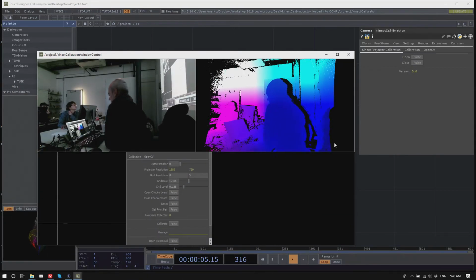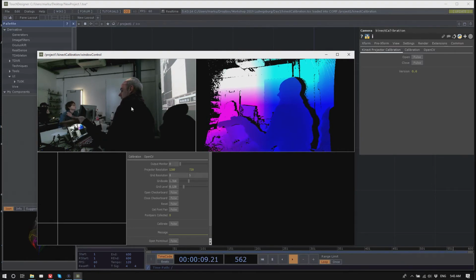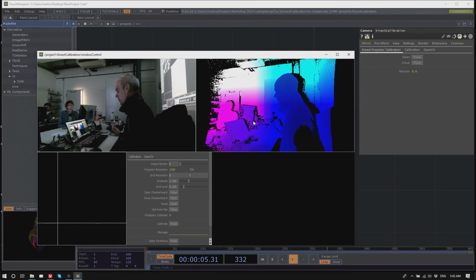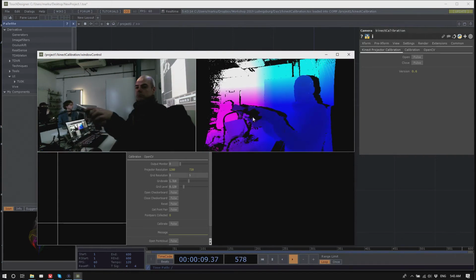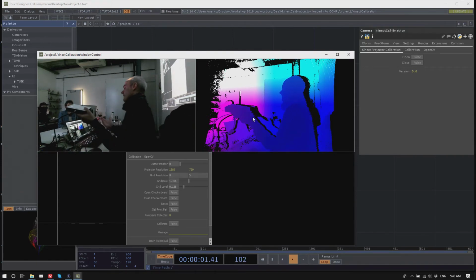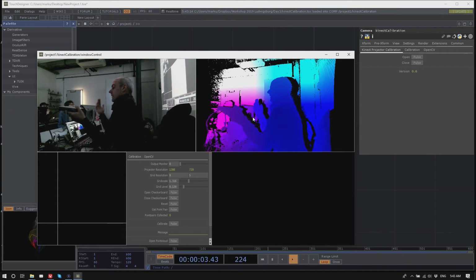So what does it do? We basically have a look at the color image and the depth map, and we have a projector. What you want to do is use the Kinect to detect a skeleton, and then use the projector to project onto that person.